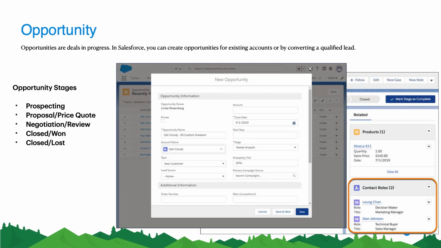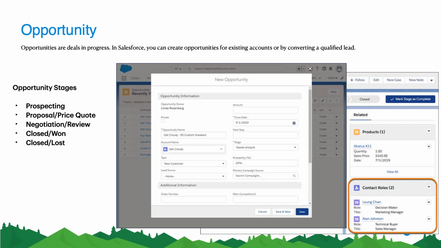Others are optional. If you have reached this opportunity from any campaign, you can have the campaign record here in order to understand the success of the campaign, which will be measured by the number of opportunities created from the campaign and the number of leads created, likewise, right? So that's why we are maintaining the data connected to each other,